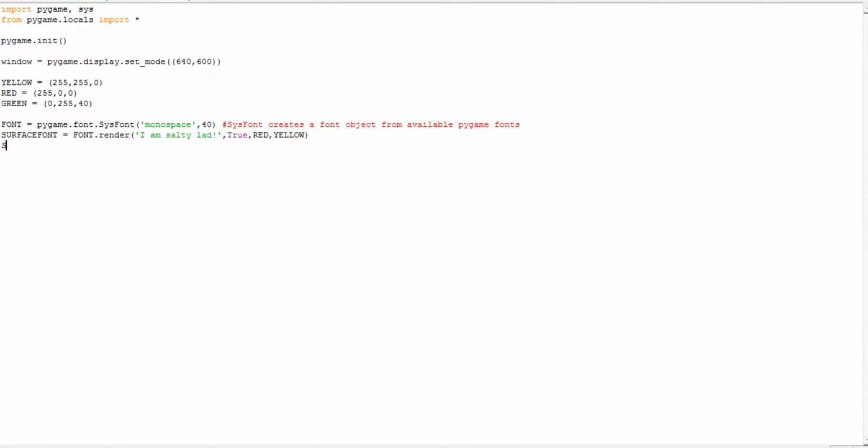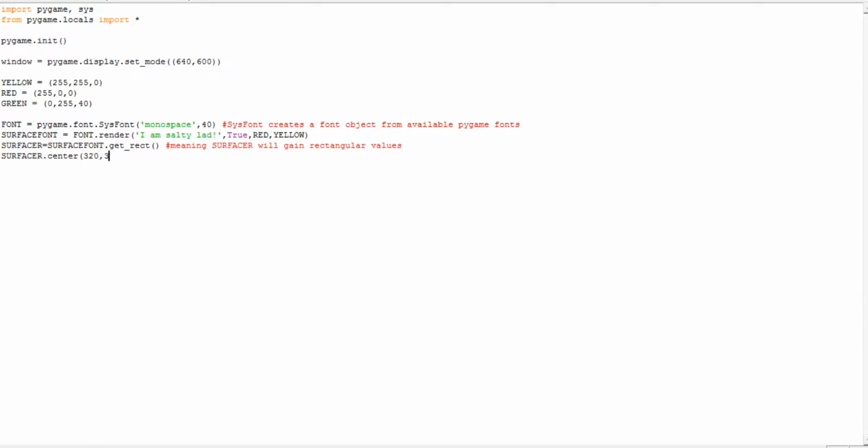So I'll have another variable called surface_r, because this is going to be the surface rectangle, which equals surface_font.get_rect, meaning that surface_r will gain rectangular values. So it's just things like the X and Y value basically. There's other things like the center, from the center you can go upwards and all that. And then the last thing is surface_r.center